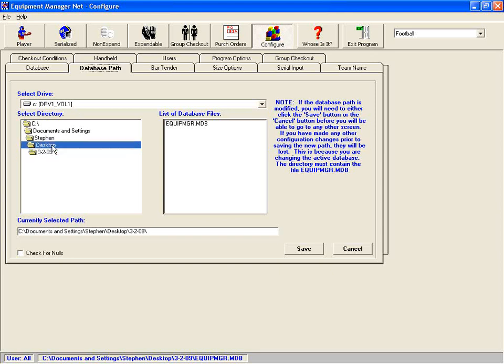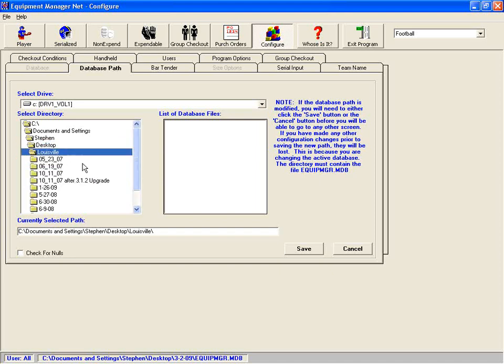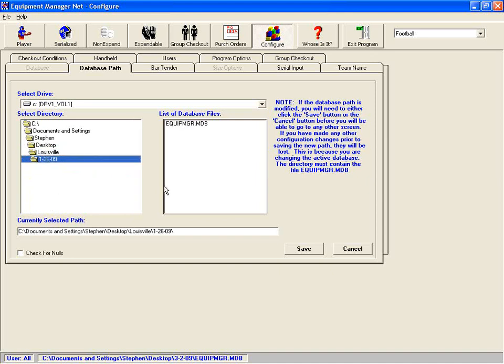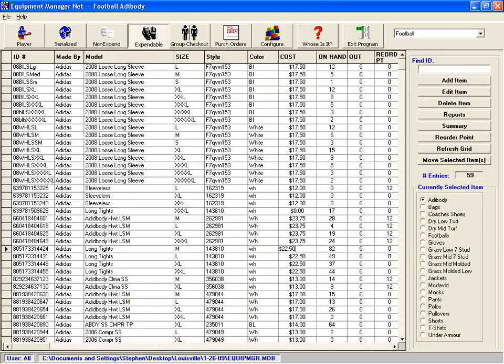So if you have network and you want to change to different sports, you can go through, choose that particular sport, and press save. And this will switch you to your new sport or your new